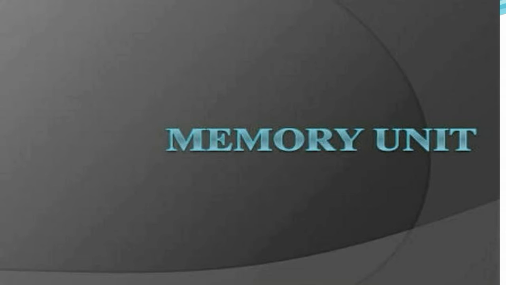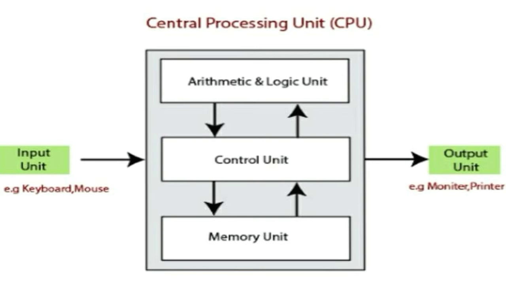Memory unit. It stores the instructions given by the input devices before they are sent for processing. It also stores the result or the output before it is sent to the user. The input devices, output devices and the CPU of a computer work together to execute the instructions given to it. This is called the IPO cycle.